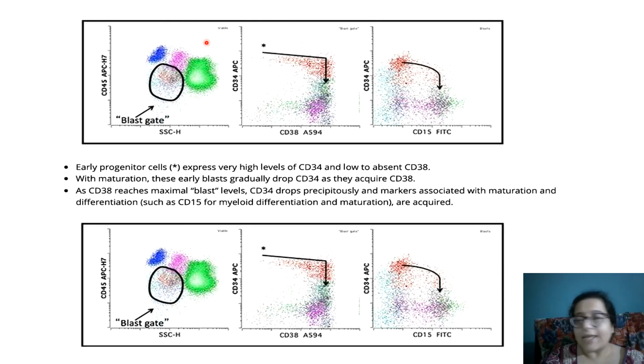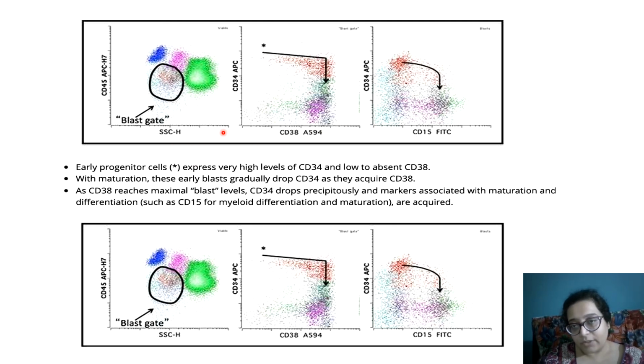See, so this is how a scatter plot looks. There has to be one more scatter plot here, forward and side scatter. I choose my population of interest and then I put CD45 and side scatter, CD45 dim, side scatter low. So this is my blast gate and I know that the blast lies over here. Now in this graph of myeloid, they are just seeing the maturity of that blast gate, or the cells which are lying in that gate.